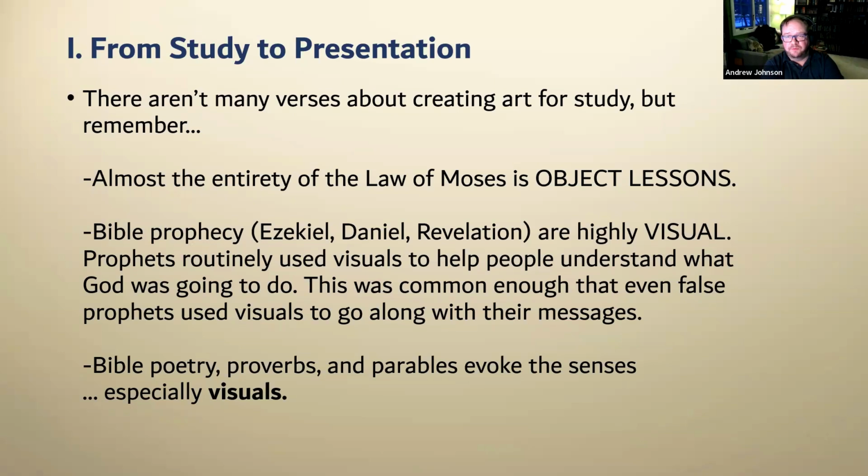Prophets like, for example, Jeremiah, right, with the yoke on his neck. And the yoke is then later broken off by a false prophet who wants to use the same yoke to convey a false prophecy. And then, of course, later, Jeremiah puts on an iron yoke. Right. So we're meant to see that prophets use visuals to go along with their messages. Why? So that we can get a better sense of what it is that God is talking about.